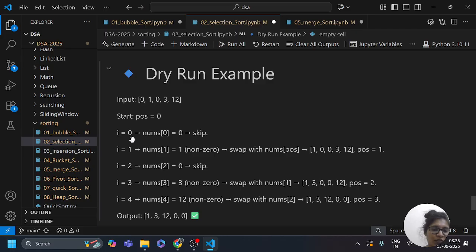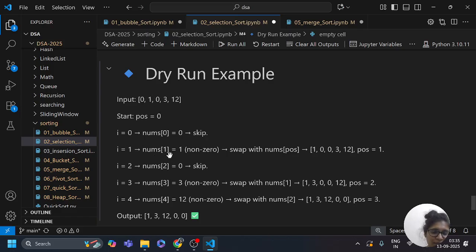Here i equals 0, and nums at 0 is 0, so we don't need to swap this; the number stays as it is. Then i equals 1.